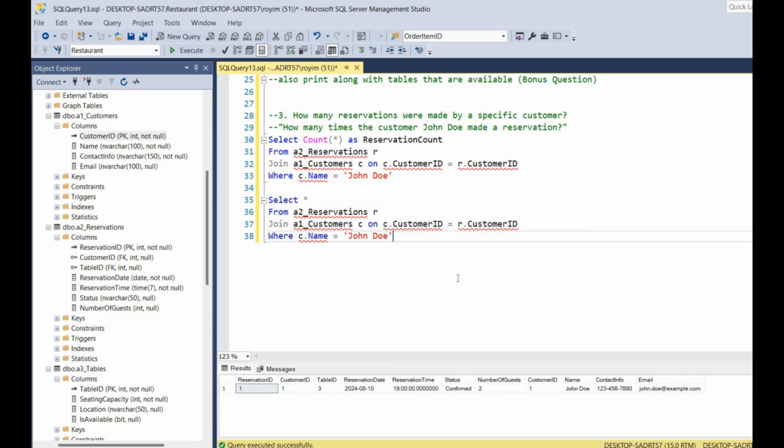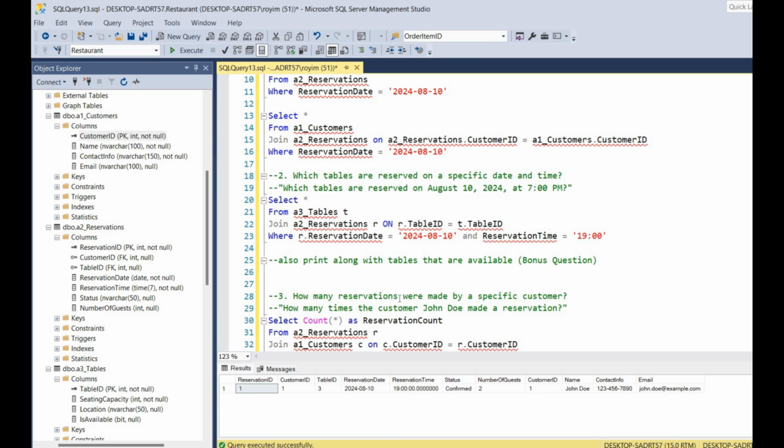Okay, now it's time for this bonus question. We want to print all the tables except this reserved one. So table number 3 is already reserved, so we don't want to print that, but we want to print the rest. So for that, what we can do, we can write it as